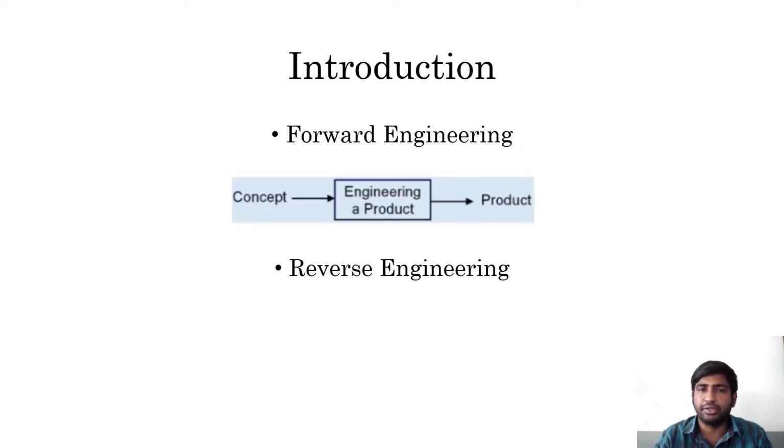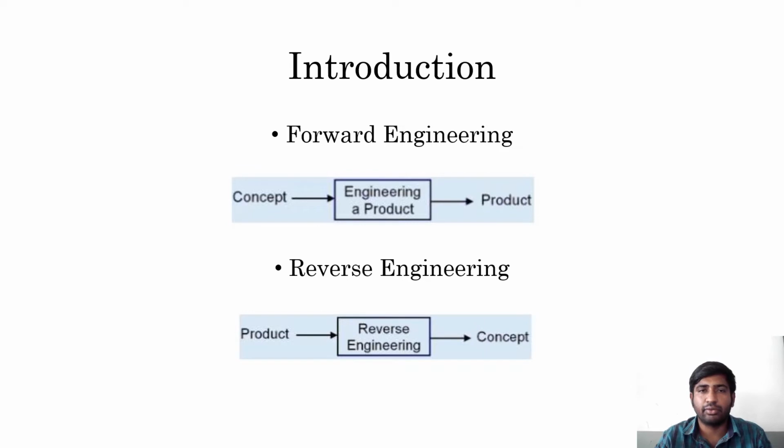Before entering into the reverse engineering topic, we should know about the forward engineering process. Forward engineering is all about the product being created from the concept. After that, through the machining process, we can create the product. So in engineering a product, the manufacturing process is involved. Reverse engineering differs a little from forward engineering. In forward engineering, the concept is first created and after that the product is developed. Here the product is identified, and a replica of the product will be created using reverse engineering techniques.